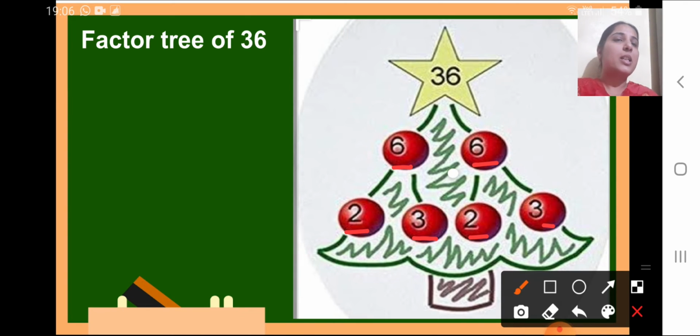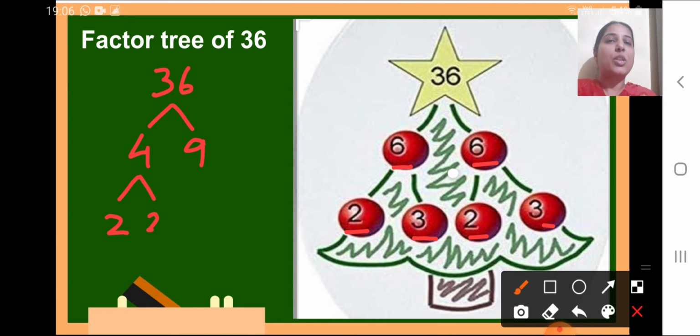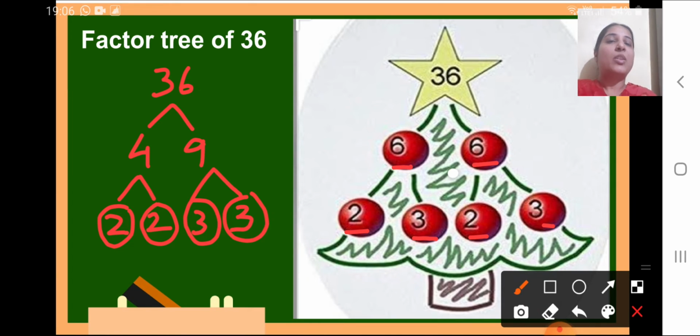It is not necessary you will take here only 6 6s. Suppose number 36, you can also factorize it as 4 9s are 36. Now 4 can be further factorized as 2 2s are 4 and 9 can be further factorized as 3 3s are 9 and then we will circle it. So you have to keep in mind that the product of those two numbers which you are going to multiply should give you the product as the number to be factorized.